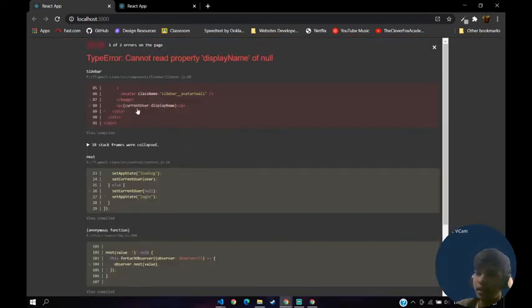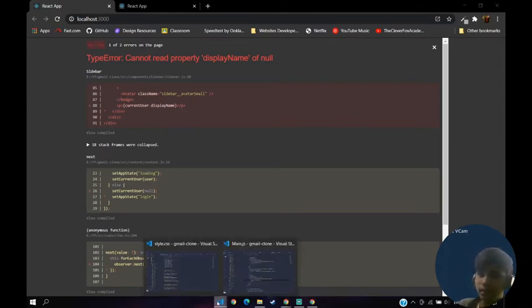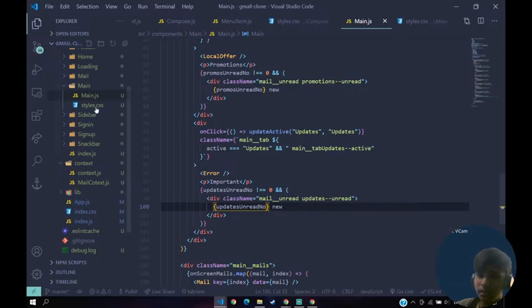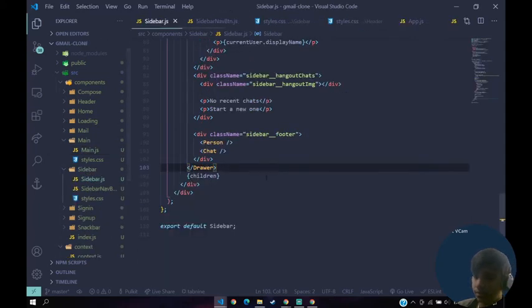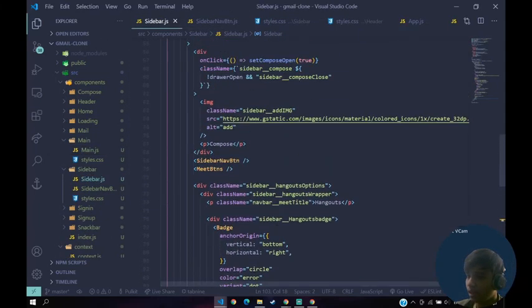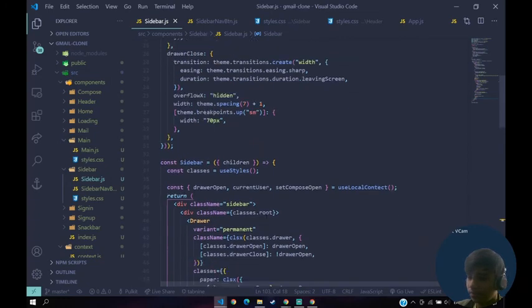Okay, so here guys, sometimes you might get this error. To resolve this error, what we'll do is make this optional. The thing here is the sidebar is still rendered, and since we are logged out, the data is gone, right? So we'll go back to our sidebar, wherever we are displaying this. Let's go to the sidebar. First of all, here is the sidebar. Where do we have our name?